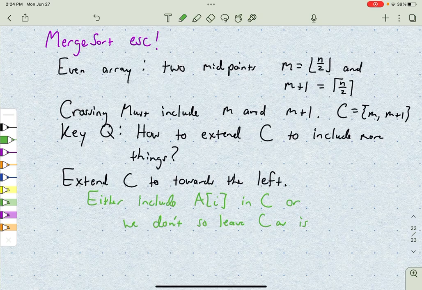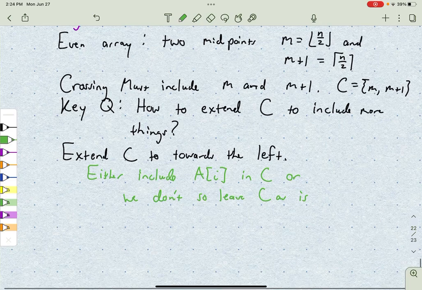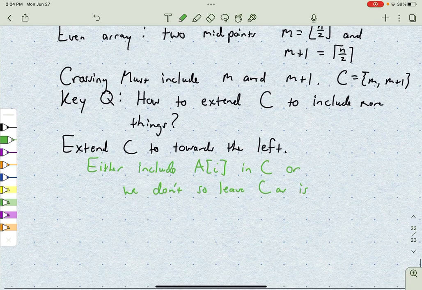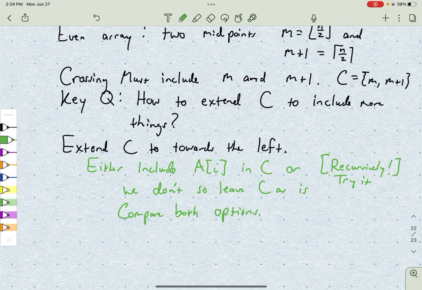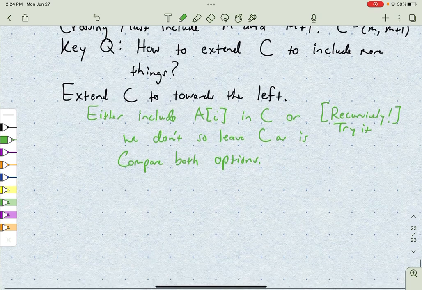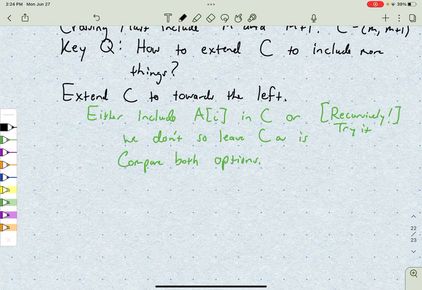Now, how do we know whether we should do this or not? Well, we're going to recursively figure out what it'll look like if we include A_i, and if that's better, then we'll do that. So we do this part recursively. And then we compare both options. So that's the idea. Now the implementation is actually simpler. So in terms of the implementation,